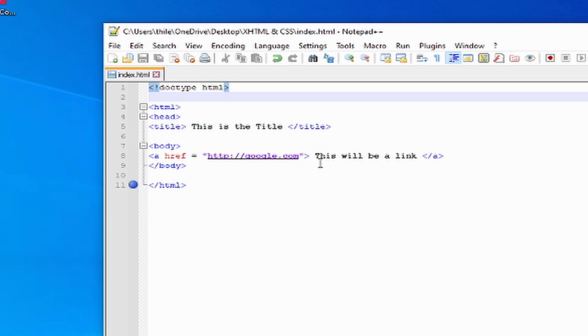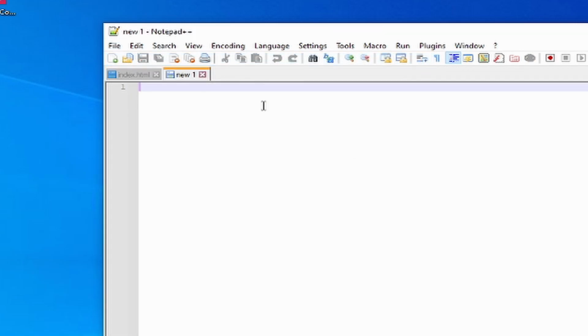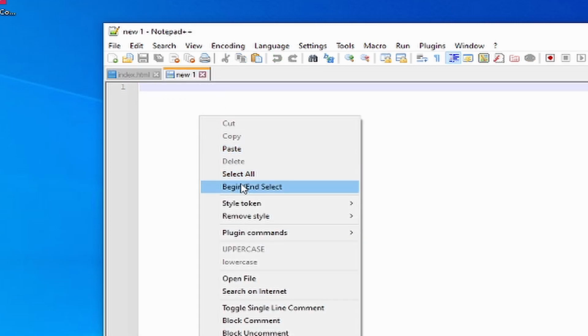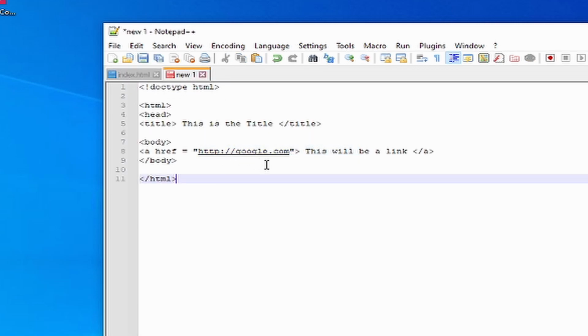Now we can do the same thing to connect web pages. You can connect your website, or you can connect another file as well. Now let's see how to do that. I'm going to create another file. I'm just going to copy the exact same thing and paste it right here, and do some small changes. I'm going to get rid of this and just type, this is the second